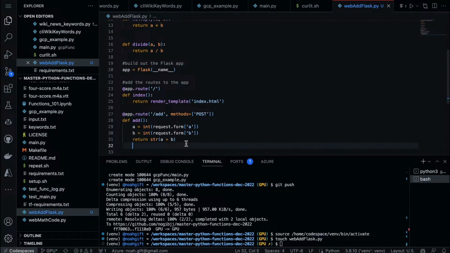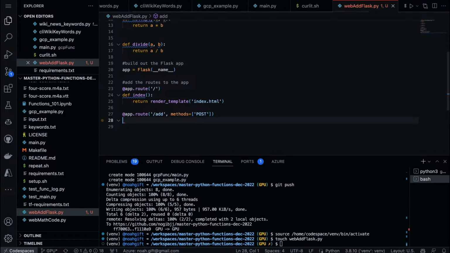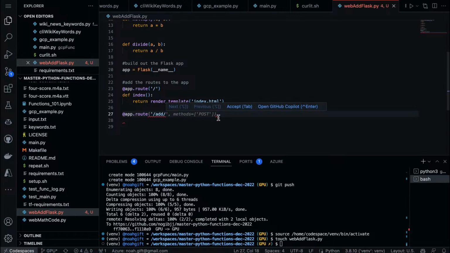What if I want to say, I don't want to do a post, I want to do this. And we can say add, and I forget if it's like this syntax, and we want to do a get method.